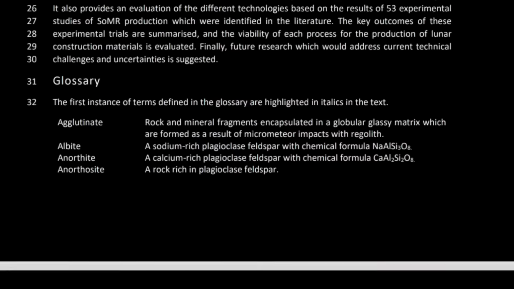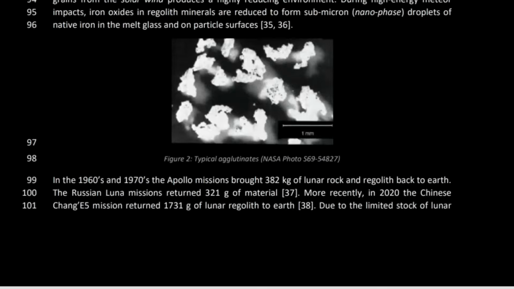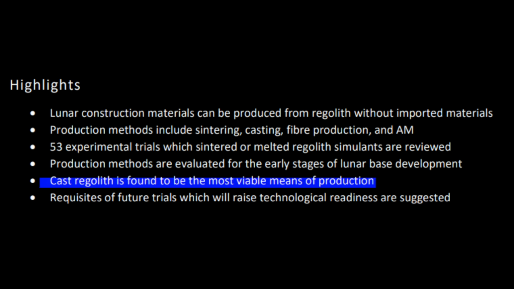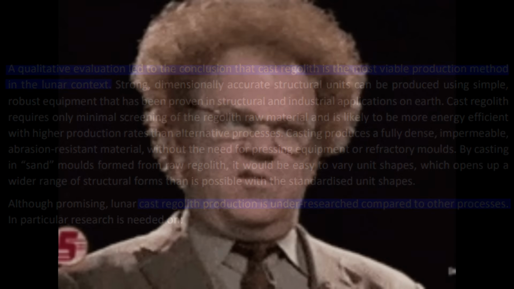Although if that's the case, I wouldn't be the only one, since Kevin Ferries and team, the same ones who did that laser welding stuff, also put together this big beautiful lunar construction materials literature review in 2021 and came to the same conclusions as I did. Cast regolith is the most viable production method in the lunar context, but is under-researched compared to other processes. So maybe they have their reasons for ignoring cast regolith, but it just seems to me to be a bit